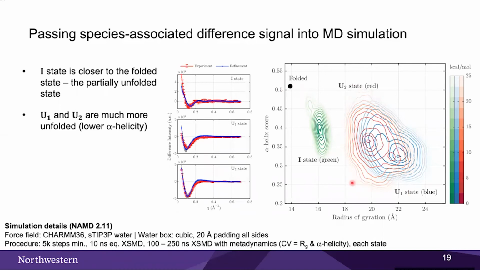What's really interesting is that when we were doing the refinement, we did not put the kinetic information into it, which means the refinements are done independently, and the simulation does not know that the signal we input into the I state is the intermediate. It just knows it's a state. The fact that we were able to find out that the I state is an intermediate through this refinement is pretty remarkable.